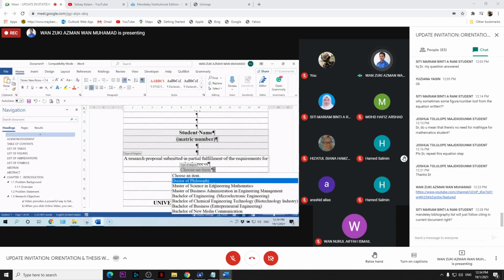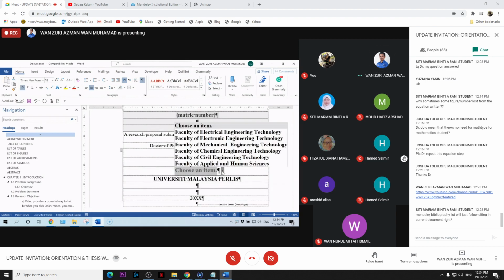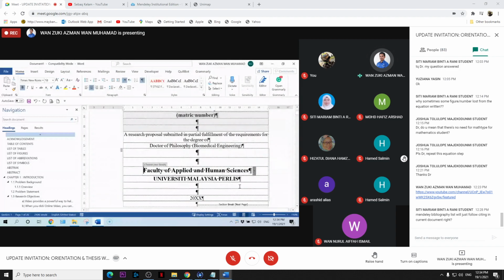of Philosophy. Okay, if Doctor of Philosophy, you can still type here what biomedical engineering, for example. Okay, and then you can select your faculty of Applied and Human Sciences, for example.